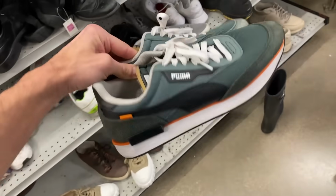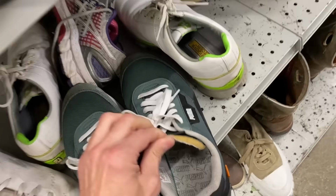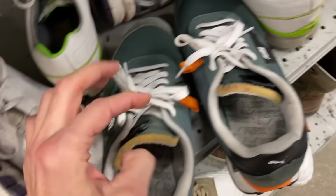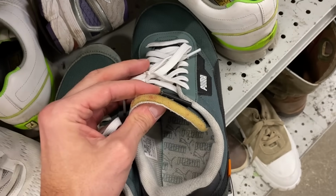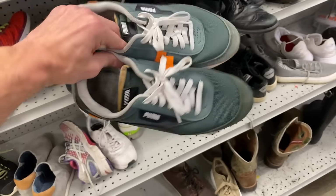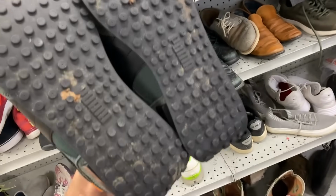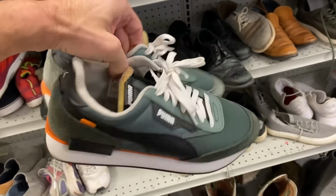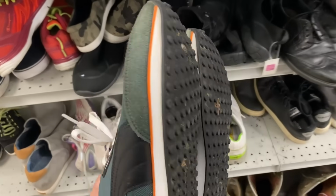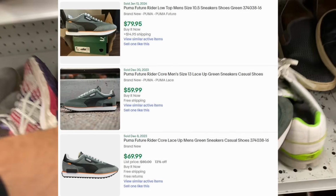I pass up 99% of the Pumas I see, but these look pretty clean. I like the way this style is. This tongue is like the Nike Blazer or even the Off-White style tongue that you see that's open and looks like it was torn off, but it's not. I don't know if they're copying Off-White or copying Nike in that style, but these are Puma Future Riders, and I think I'm gonna take them. They look like they're in pretty nice condition. I like the color, I like the style, but this is a brand I really pass on a lot of the time. So price-wise, we're looking at maybe $30 to $35, and they're gonna go in my cart, and I'm